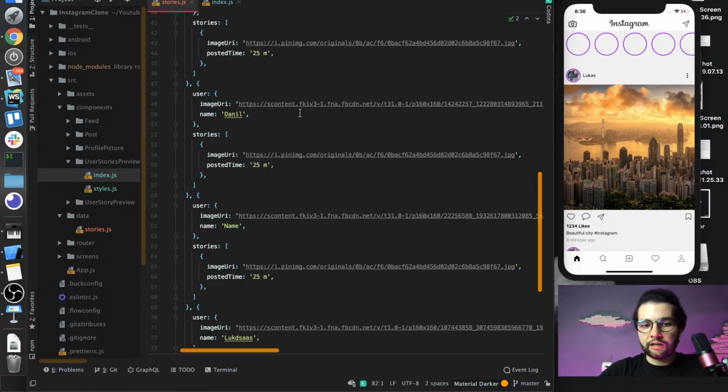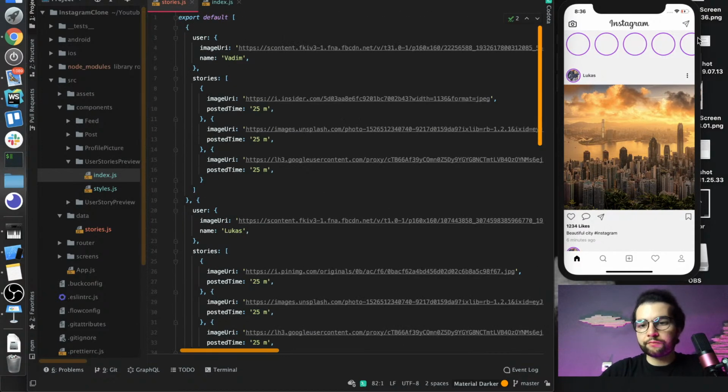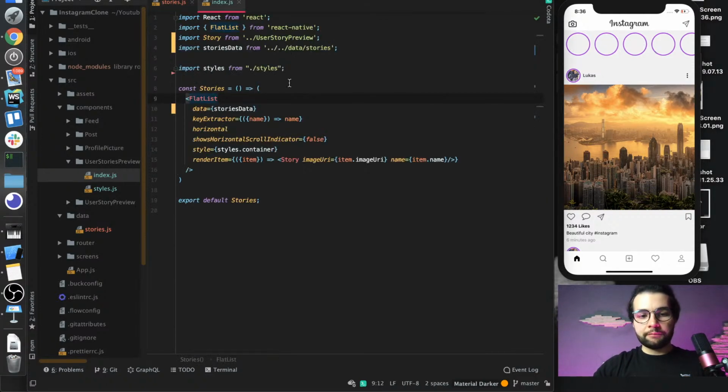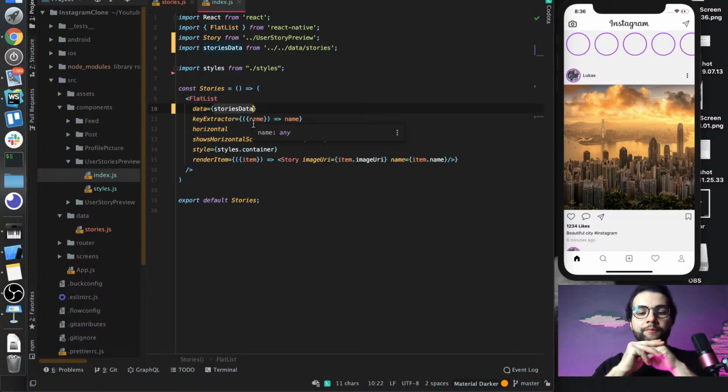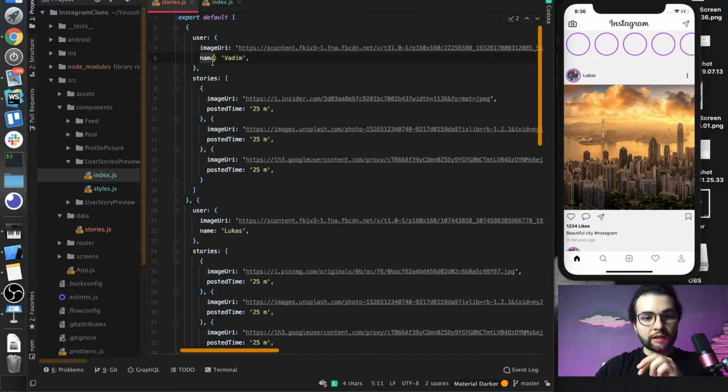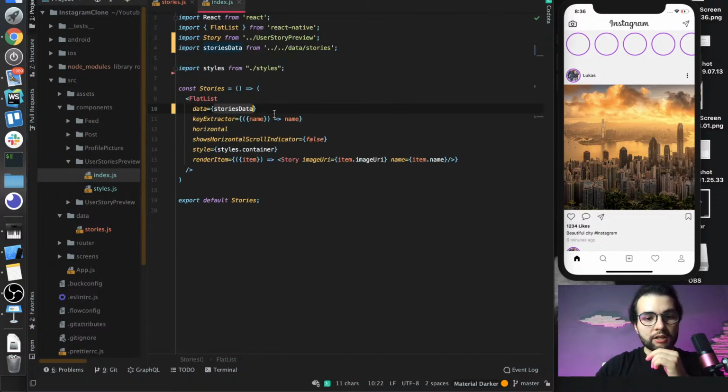So we can see that with our new data format, our display is not displaying properly. Come on, Vadim, gather your words. Okay, sorry. Because we send here an array of data, which expects an array of username and image URI and name. So for that reason, we will go into our story component,